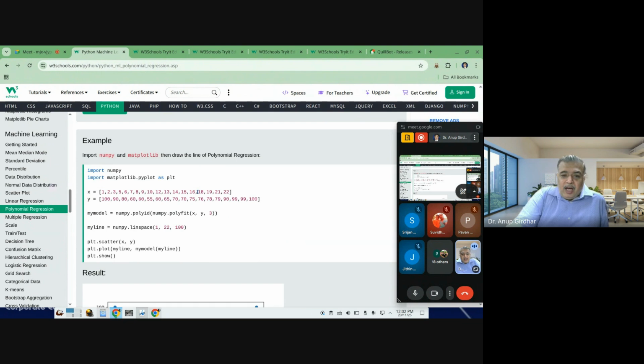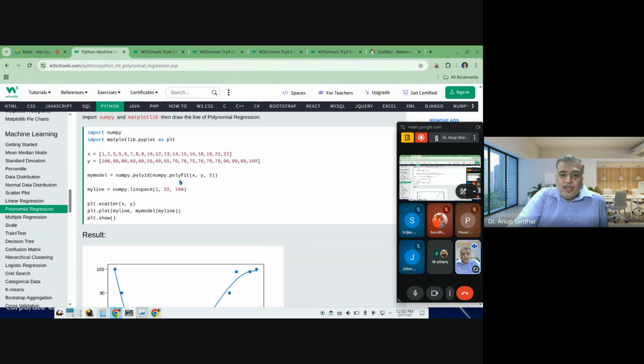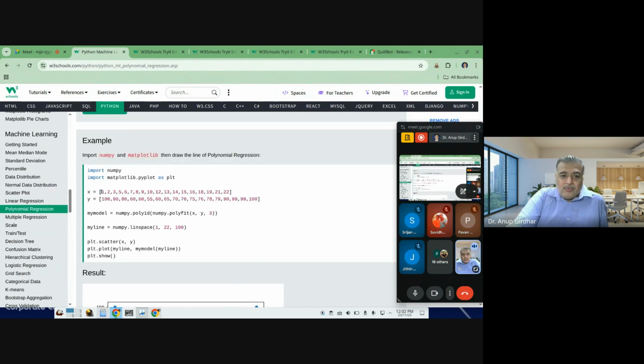Okay. And now on that basis, let's say we'll try to create some kind of a curve, basically a polynomial diagram. So for that, again, you import your numpy and plot. You have the same data set. Now, before you get into it, let's say we convert that data into a model by using